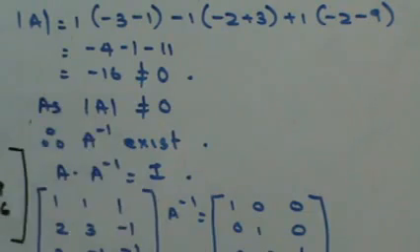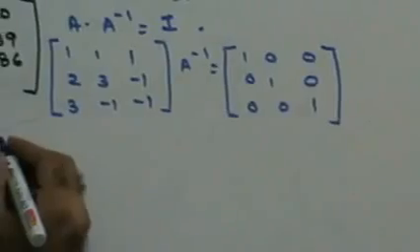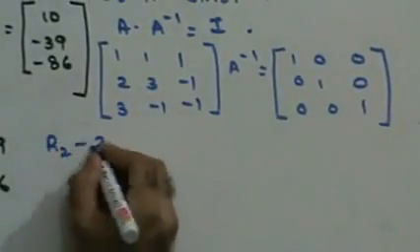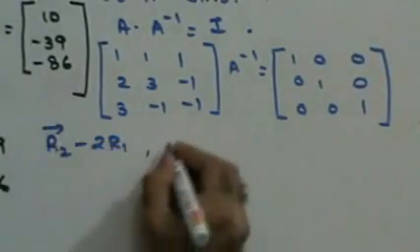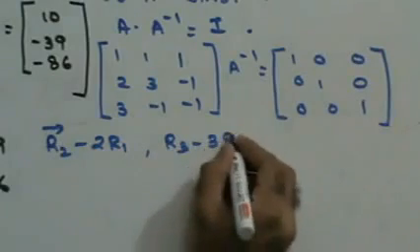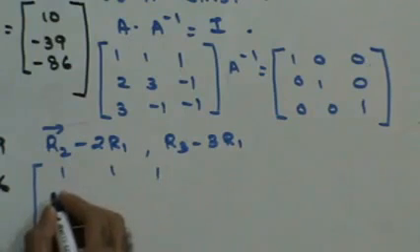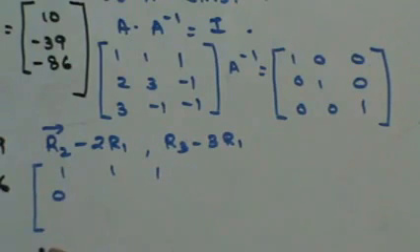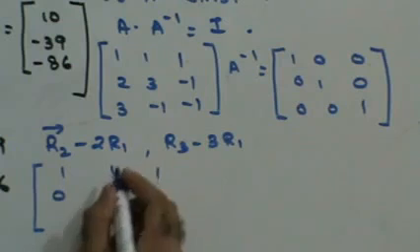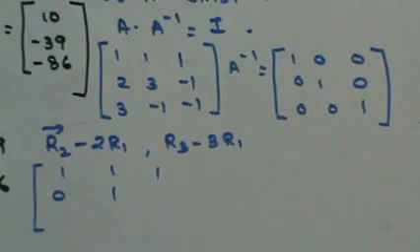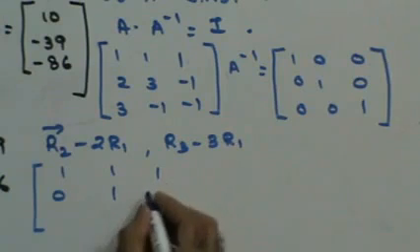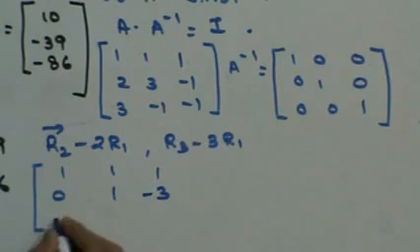Let's see how I'll make A into an identity matrix. So in that case, I can say that R2 minus 2R1 and R3 minus 3R1. So in which case you will get this as 1, 1, 1, 2 minus 2, 0, 3 minus 2, 1, minus 1 minus 2, minus 3, 3 minus 3, 0, minus 1,